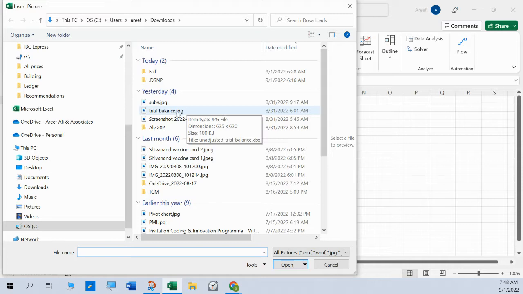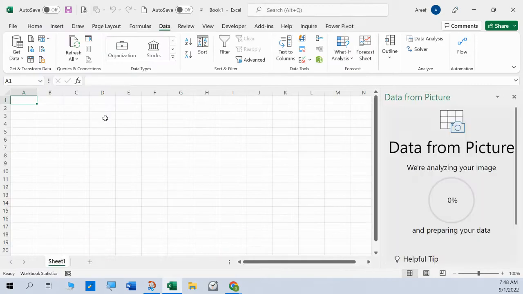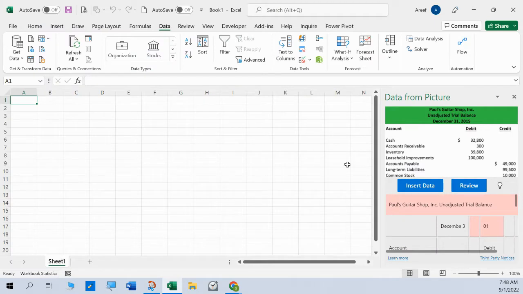We would go and connect to that file. So in this case, I have a picture of a trial balance from some hard copy print that we need to get. I'm going to say insert,